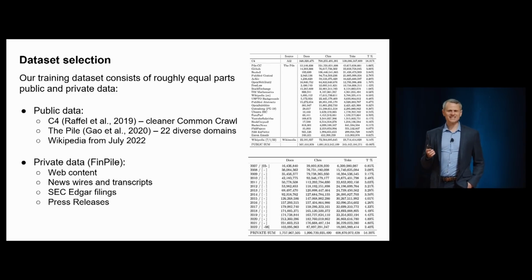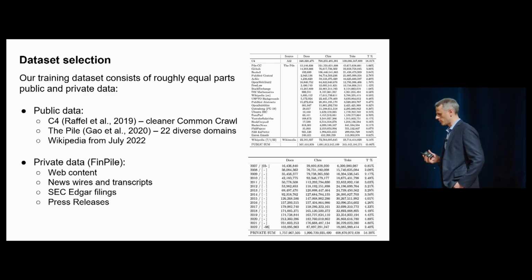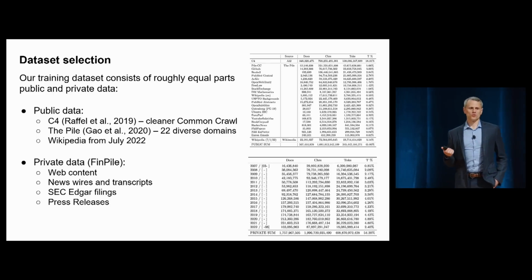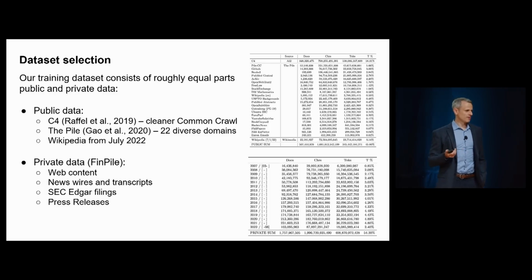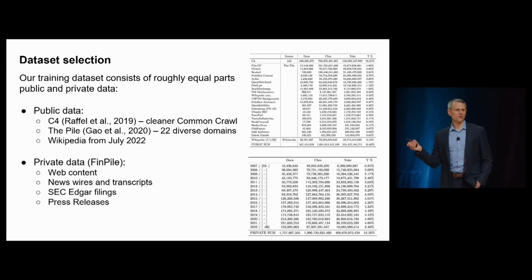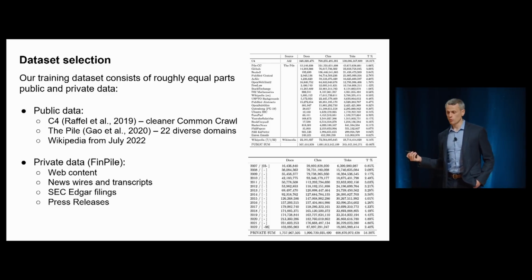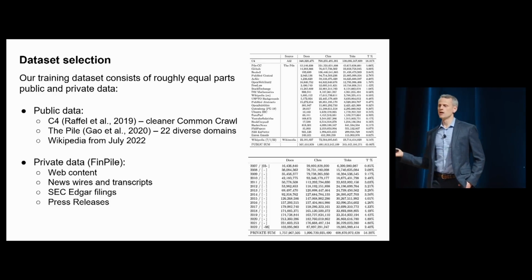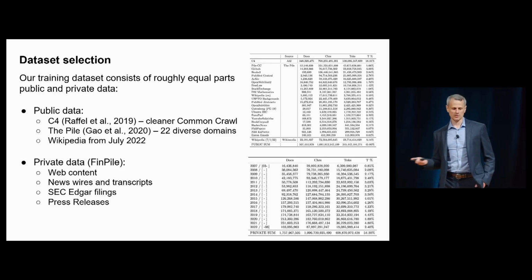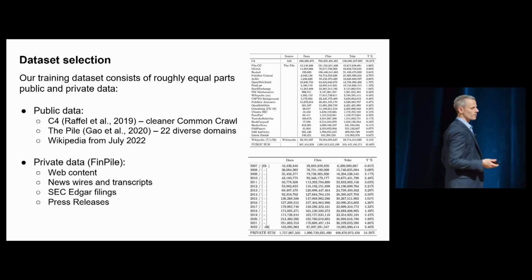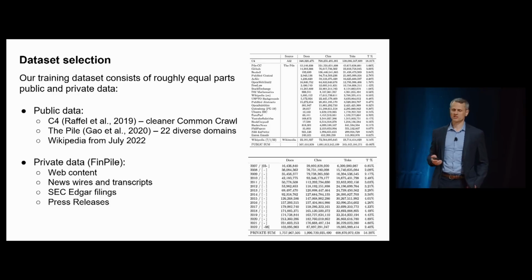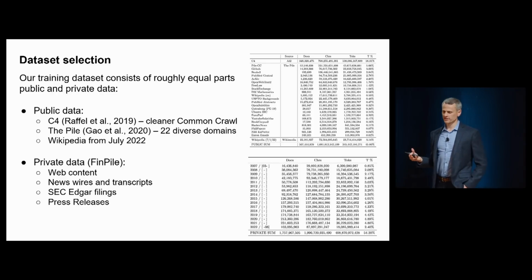Probably the thing that distinguished BloombergGPT the most from other models is our data set. We certainly made use of the usual suspects of open source data. That'd be C4, which is a massive amount of data taken from web crawls. That would be the Pile, which is a rather diverse set of data, things like PubMed and code from GitHub and research papers from arXiv, and certainly Wikipedia. And we also threw in our own version of Wikipedia, which is a little bit more recent than the ones that show up in C4 and the Pile. So that public data constituted about half of our training data set.